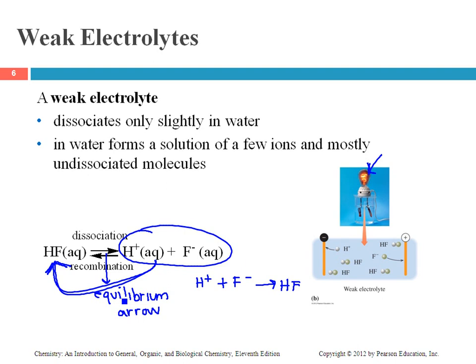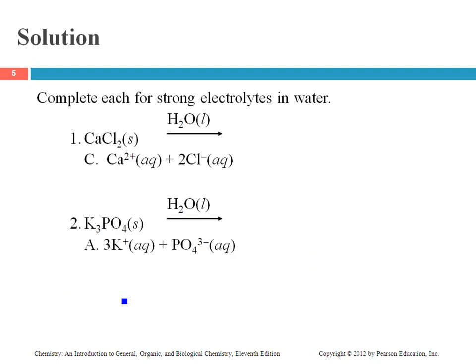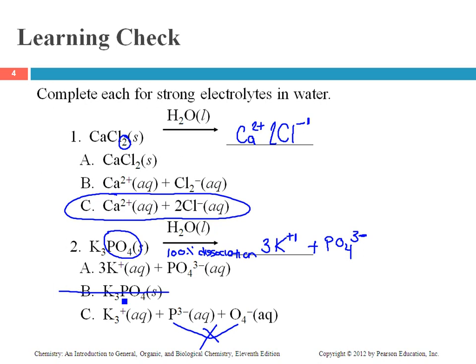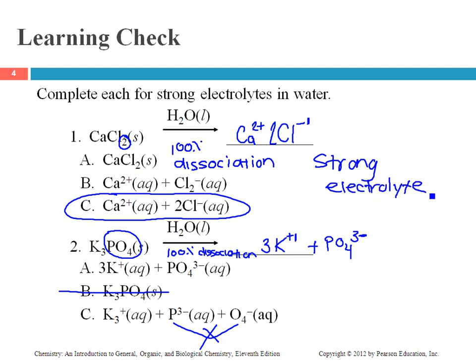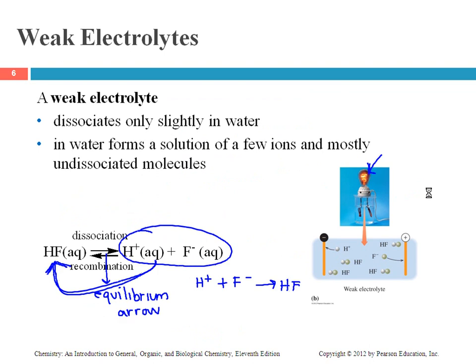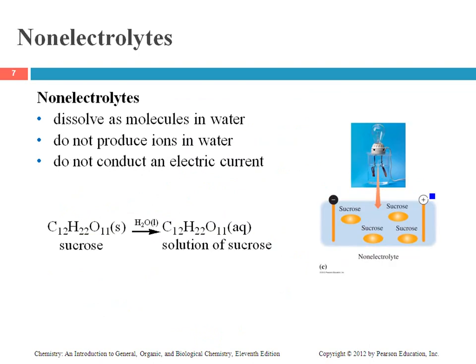If you see the single arrow, or if we look back here, you see the single arrow, this means 100% dissociation into the constituent ions, and this means strong electrolyte. Equilibrium arrows mean weak electrolytes, and if we have no ions present,